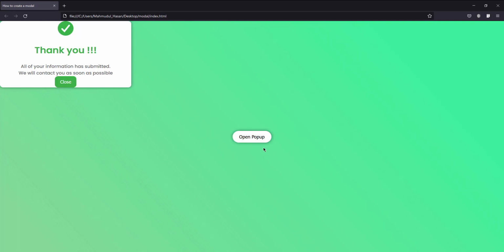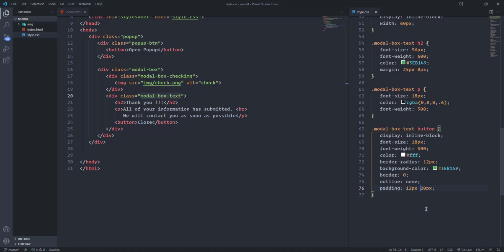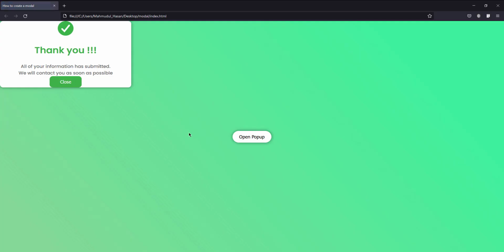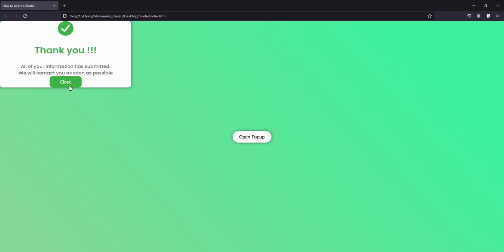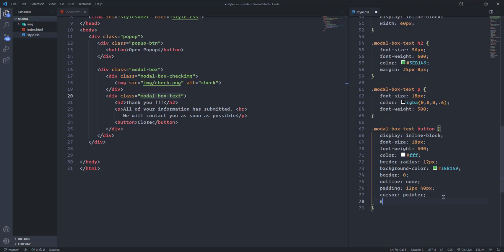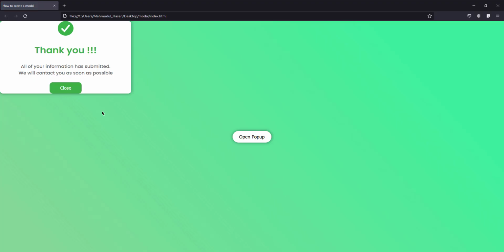Now it looks like this. I think I need to increase the padding from left and right for better looking. Yeah, now it looks like this. We have to change the cursor style. Now we need to give some margin, 25 pixel. Okay,